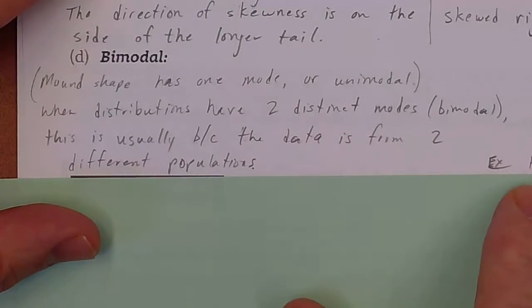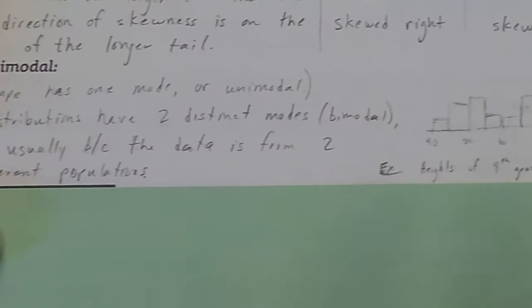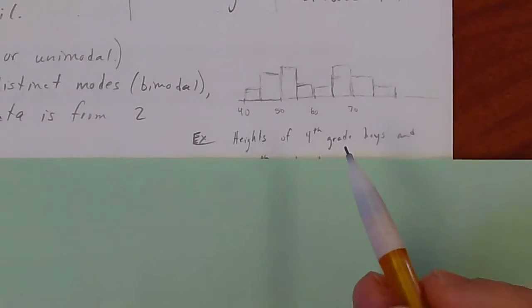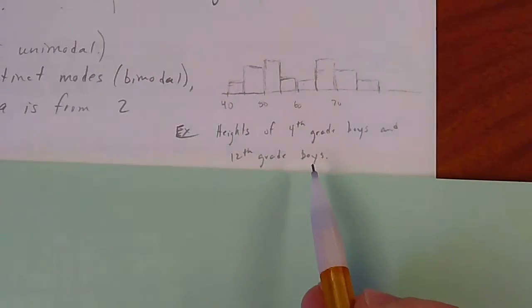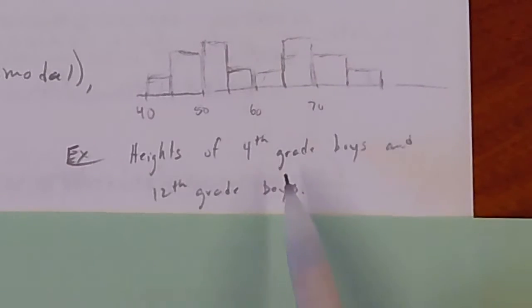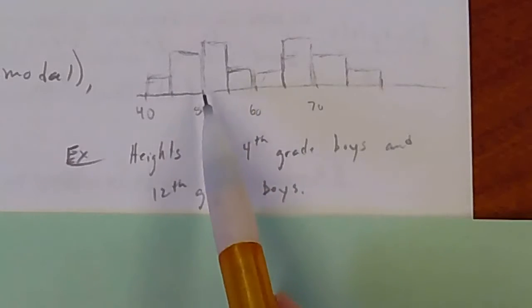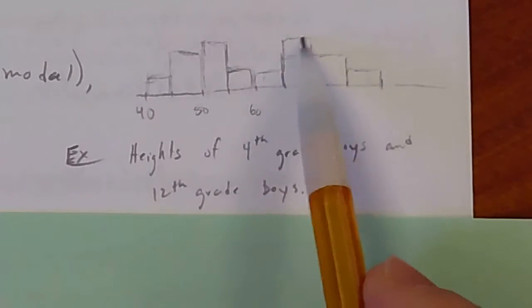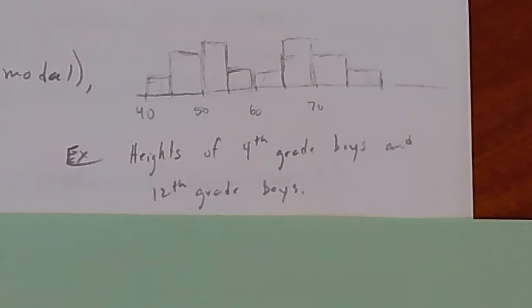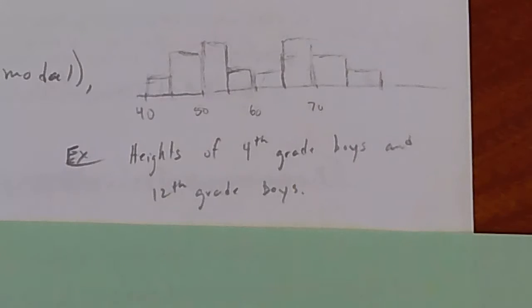All right, so here's my example. I don't know how detailed you want to get on this, or maybe just kind of summarize this real quick. Here's an example. Let's just say I had data on the heights of fourth grade boys and 12th grade boys, but you didn't know that ahead of time looking at the distribution. You'd see two different clusters. So typically we wouldn't want to put these together on the same number line or on the same graph,